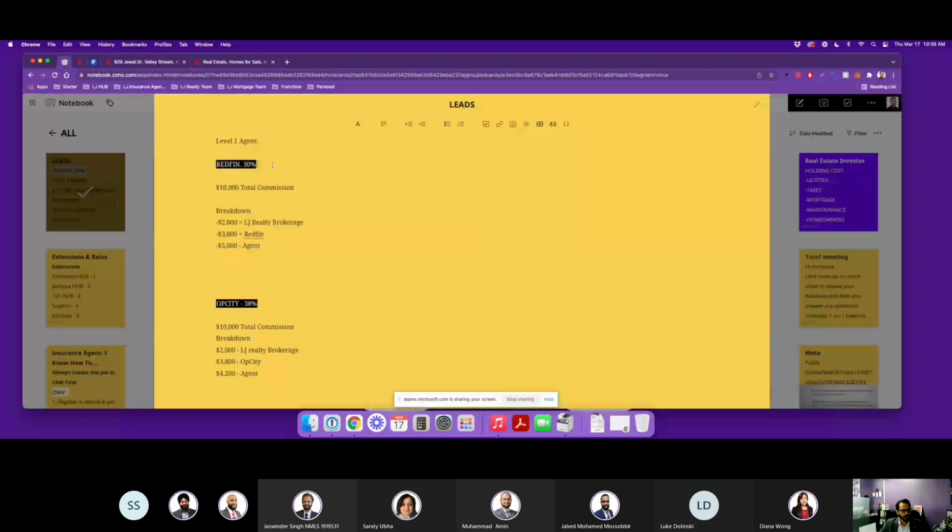So coming to the commission, like we said, right now it is at 30% for them. So let's say it's a $500,000 property that you sold, and it was 2% commission. The total commission that you got for that property is $10,000. So the breakdown for that: let's pretend you're at level one, and it's 80% to you, 20% to the brokerage, to us, right? So $2,000 goes to us, $3,000, which is 30%, goes to Redfin, and you're left with 50%, which is $5,000. Okay,